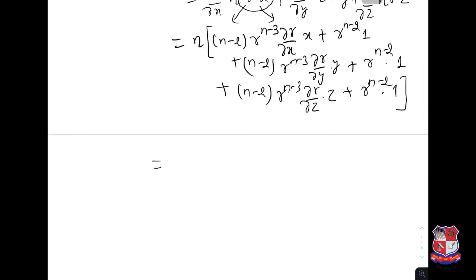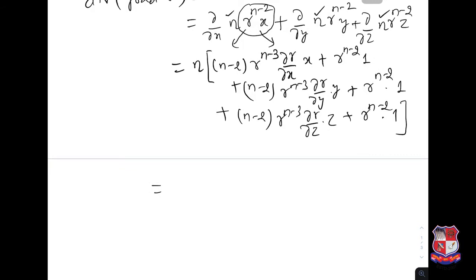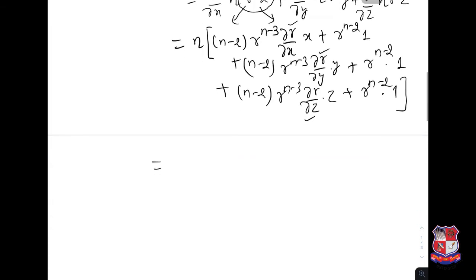Now again you can see that for every del r by del x, we need to put in the value. Del r by del x is x by r, del r by del y is y by r, and del r by del z is z by r. So that is equal to n minus 2